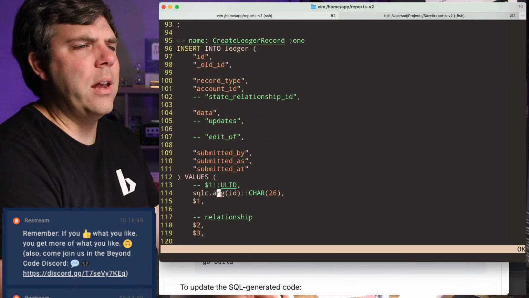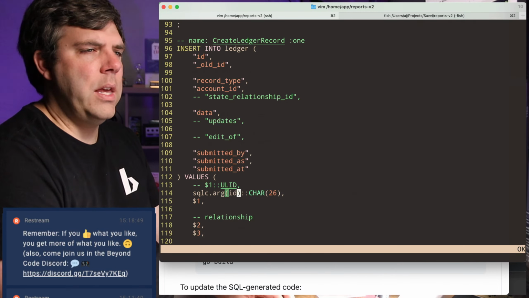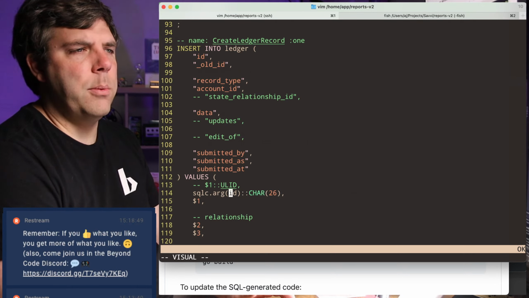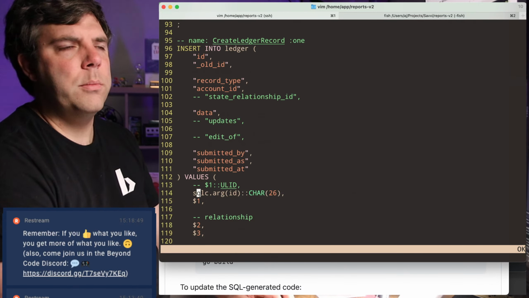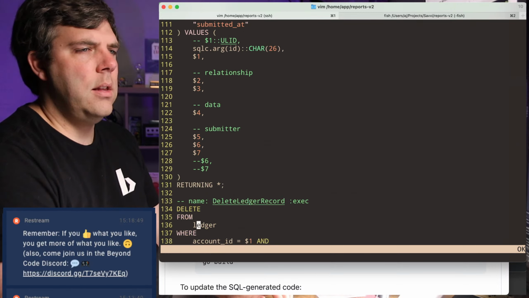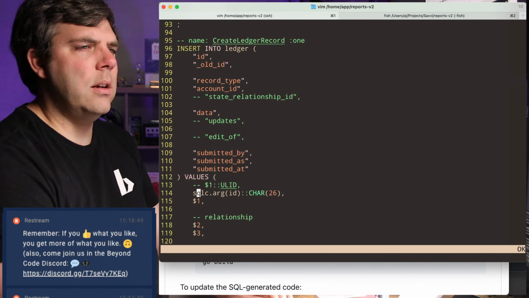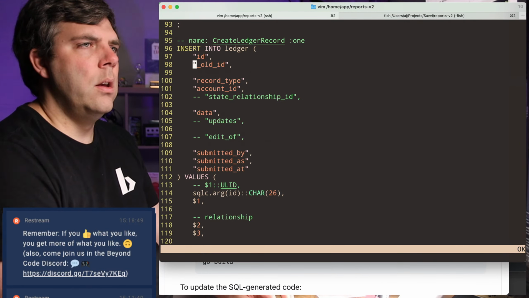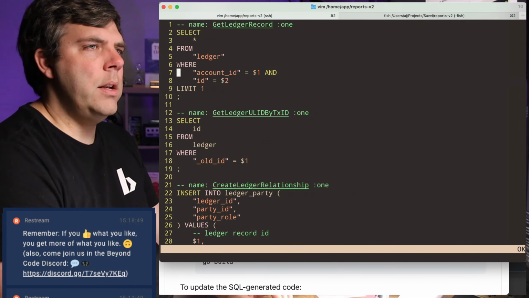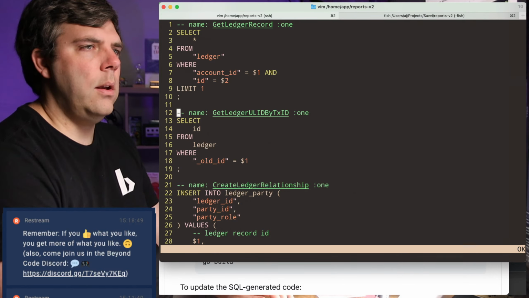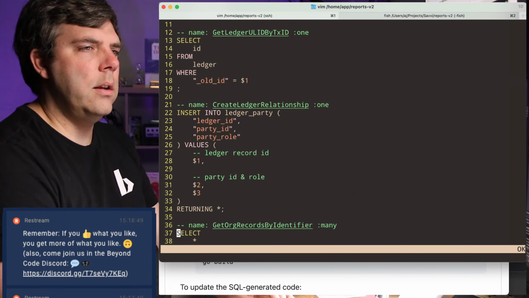And so when you do sqlc.arg, then it knows that the name is supposed to be ID as opposed to column 1, column 2. So that's just one weird thing. I don't know if that's a bug or if there's a technical reason that it needs to stay that way. But anyway, it's just really nice to be able to write SQL and have the SQL generated.